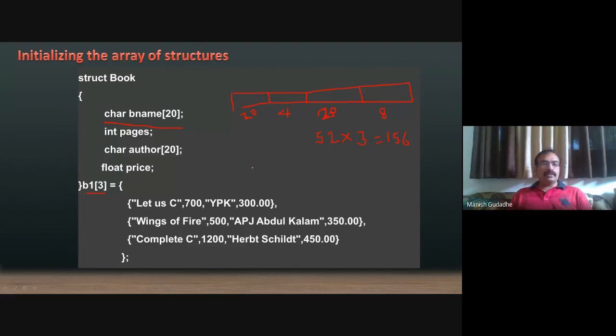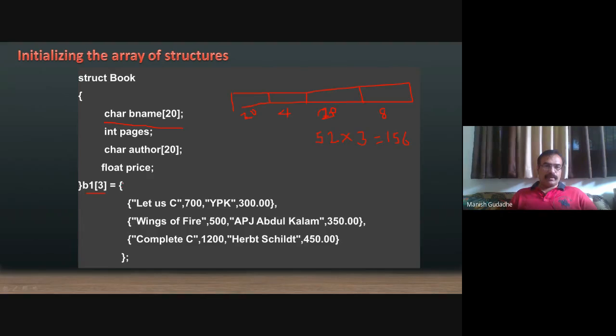So the first 52 will be for B0, B1 and B2. Now, instead of again going for initializing or taking the values, if I am sure what the values to be entered are, I will directly initialize it.